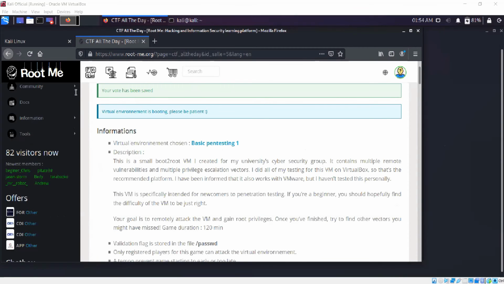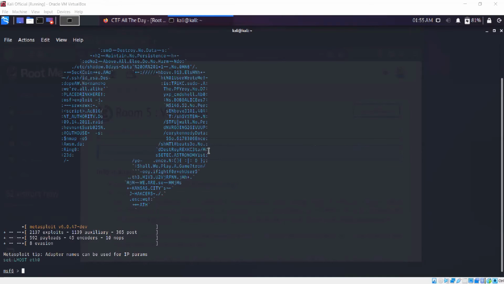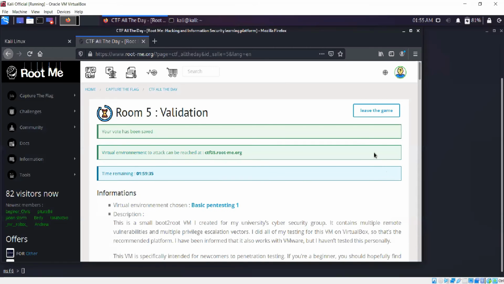Now I'll open a message console till then. Great. So the machine is booting. Now to see if you guys understood this or not, you guys can try to exploit this too.